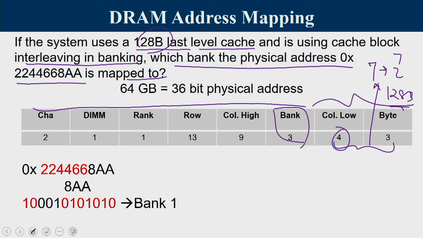Why does this separation happen here? Because I require a total of 7 bits at the end. So, adjacent cache blocks are mapped onto adjacent banks. This is the 3 bits of our interest. When you take the address that has been given, these are the last 12 bits. I write the last 12 bits, out of which 7 are extracted. The next 3 bits will tell me which is the bank. So, we are working with bank number 1.